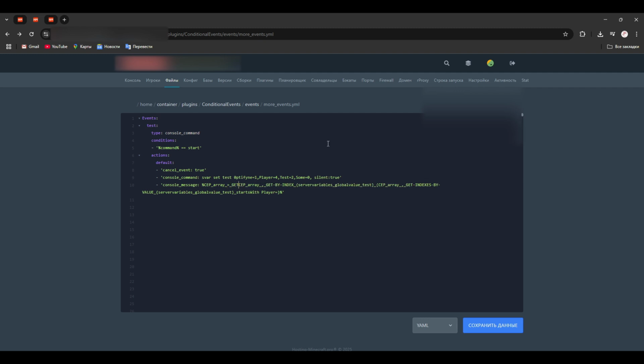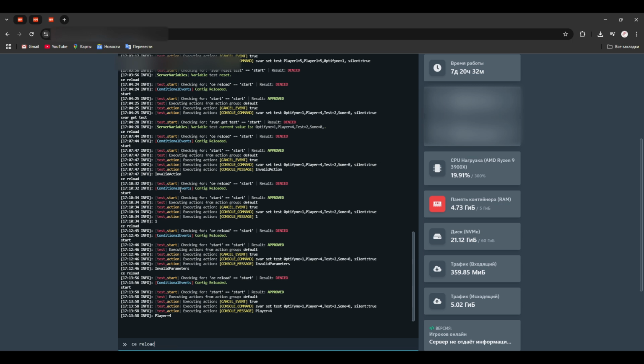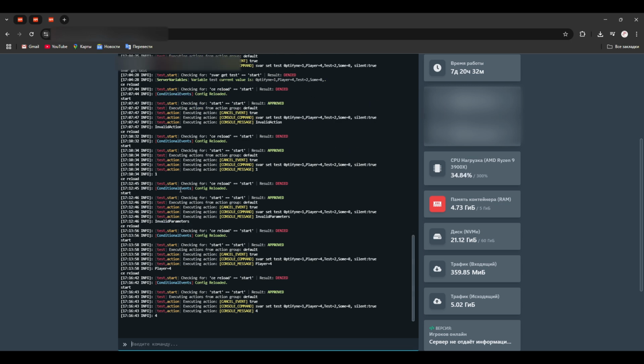It will be get by index again. Then we will need to use our previous placeholders as the array itself, and as index we will need to use 1. So let's check. Yes, we will obtain 4.